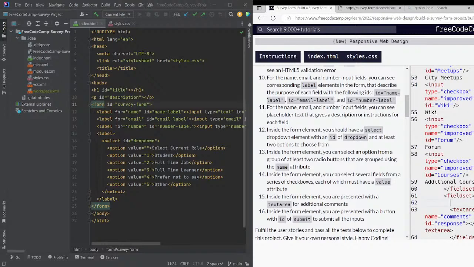And it'll probably just have additional for